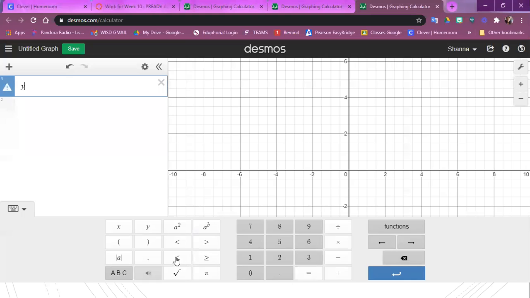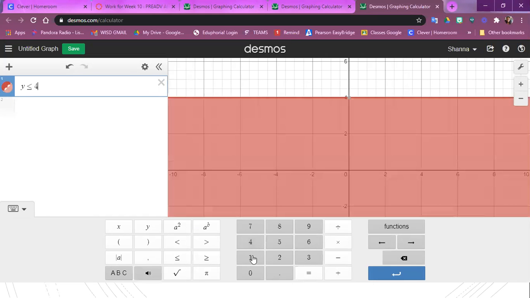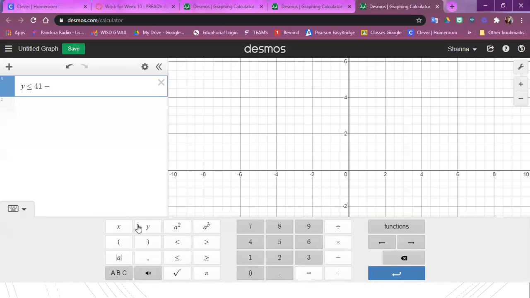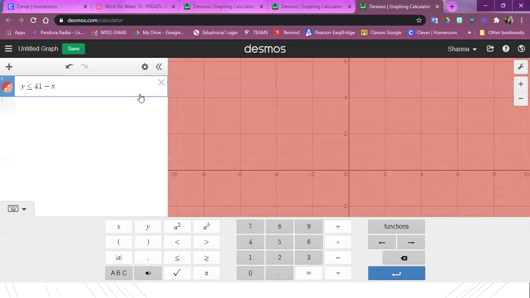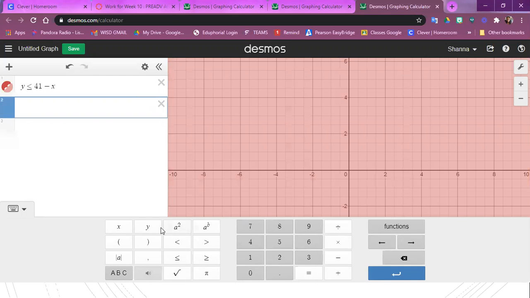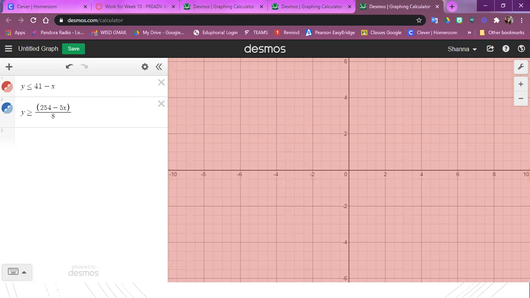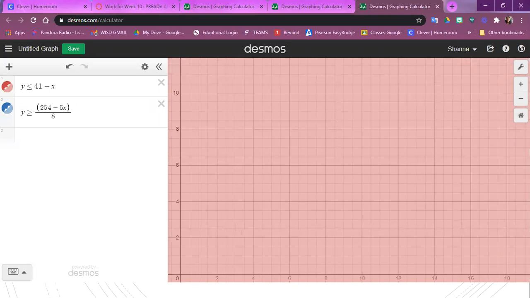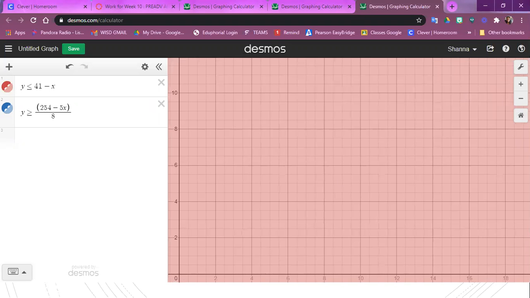Y is less than or equal to 41 minus X. And then I have Y is greater than or equal to, and I have a numerator, so 254 minus 5X, close, divided by 8. And there's my graph. Now, I'm going to have to zoom out because I can't see it. So zooming out